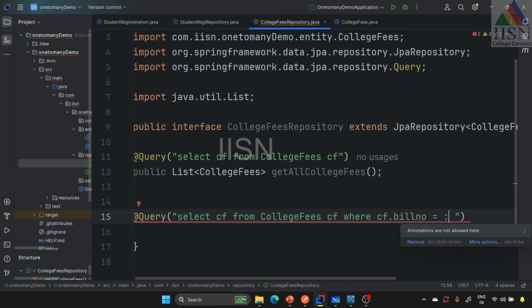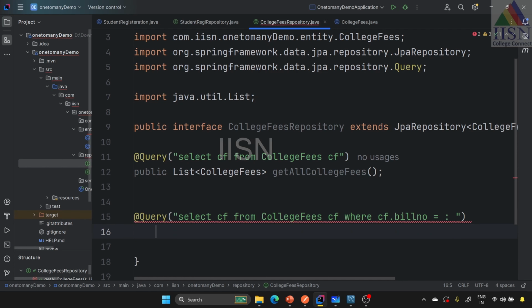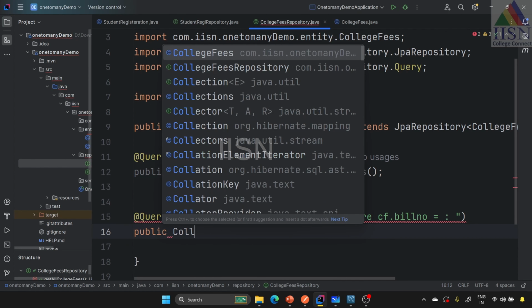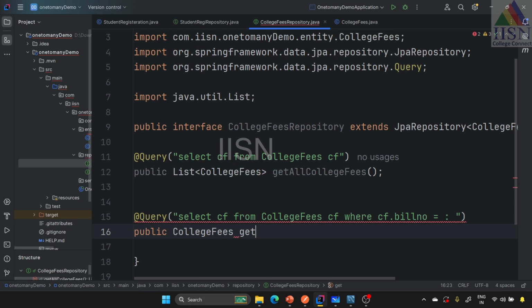Suppose I'm going to pass some values, so that variable name I need to mention. How to pass the values to this particular query? Here we are going to retrieve one particular bill. The bill is going to be only one. There is no duplication, so it is not going to return a list of values. It is going to return only a single record. So I'm going to use public, one single record, CollegeFees getCollegeByBill